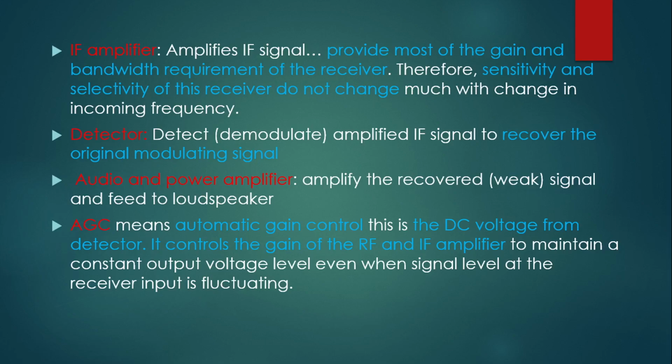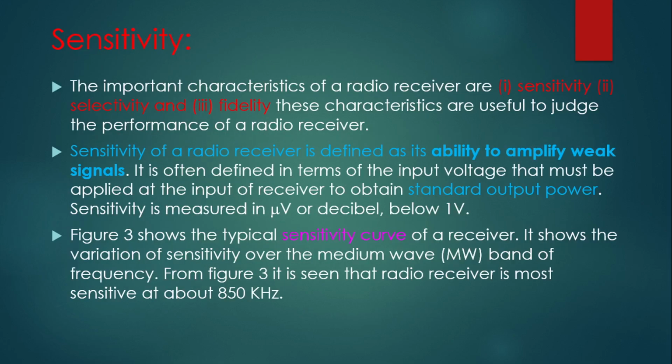In this way, all stages, all the blocks, that is the IF amplifier, detector, power amplifier, etc., will work at a constant frequency, that is called the intermediate frequency or IF. Accordingly, stability in gain and no variation of bandwidth is obtained in the case of the superheterodyne receiver. Okay, so this is the principle of superheterodyne.